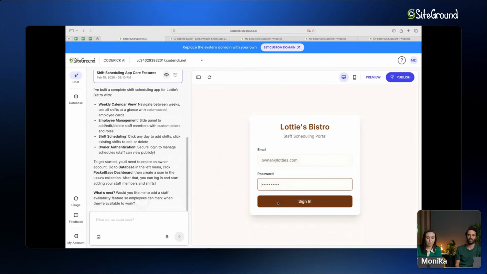You can also see in the chat, by the way, that it created the first initial version of the application, so it supports versioning as well. So if during your journey you want to go back to a previous version or make some other changes, you can do that. Okay, so it did build a web app, but I don't have the username and the